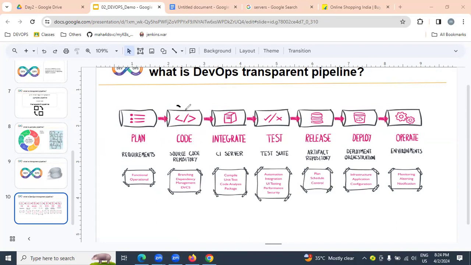That means we are part of coding, integration, testing, release, deploy, and operations. But to be frank, we are not part of planning. We are not writing any code. We are not writing any test cases. We are just implementing an automated DevOps transparent pipeline.